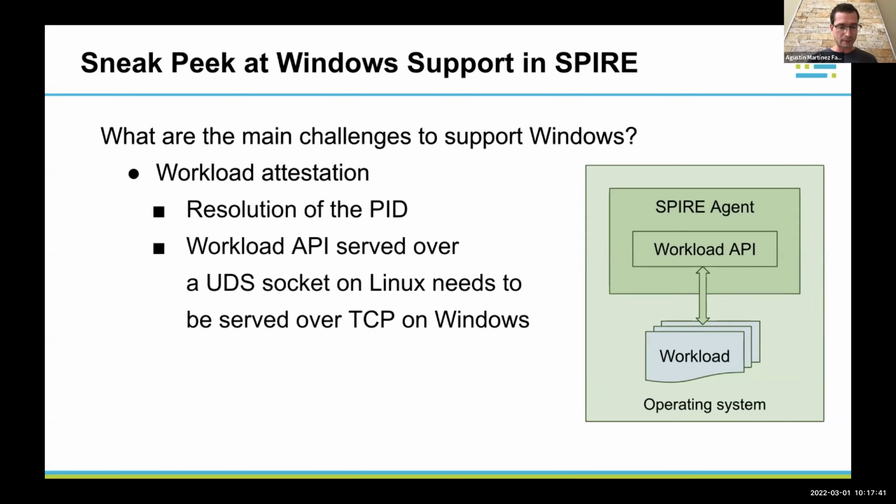We found that we could do something similar in Windows if the socket is a TCP socket instead of a Unix domain socket. And since the SPIFFE workload endpoint specification says that it may be exposed as either a Unix domain socket or a TCP listen socket,